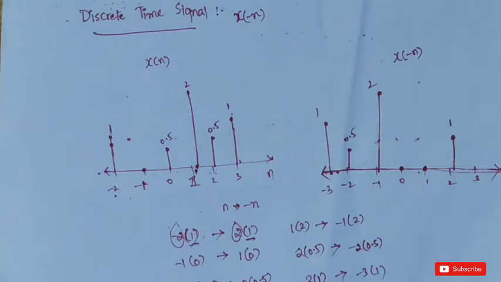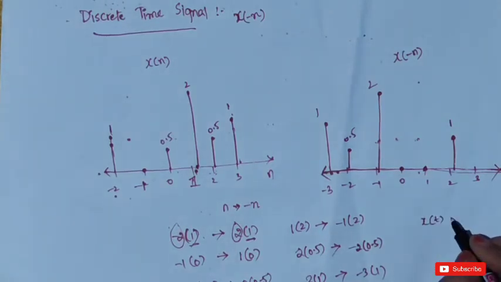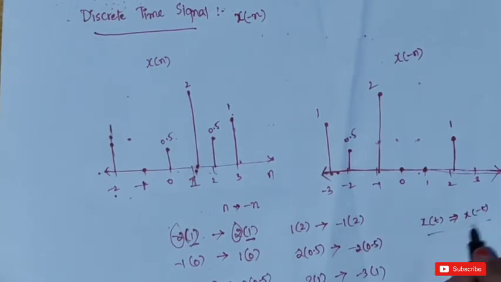This is about the time reversal operation of a signal in continuous time and discrete time. It is obtained by reflection about the origin, t equal to 0. Or we can say that it is just the mirror image of the original signal. x of t implies x of minus t. This is the time reversal operation of a signal. Now let us see one problem on this time reversal operation.